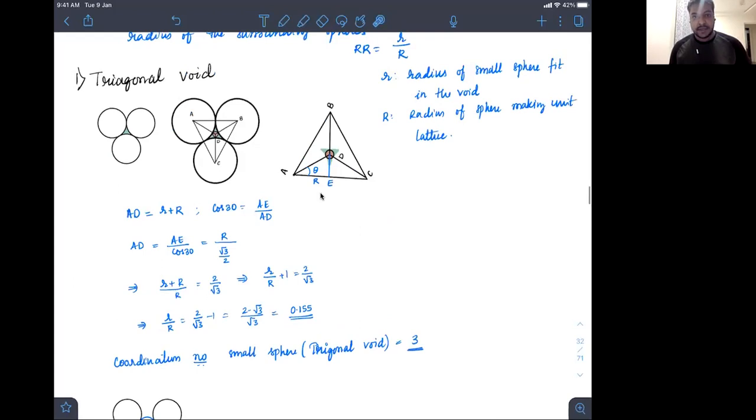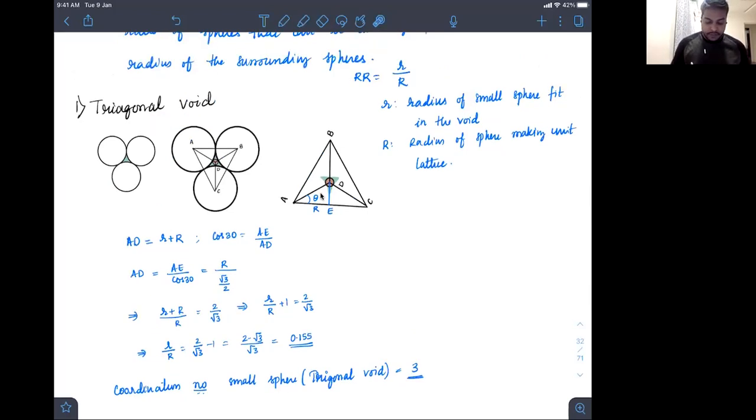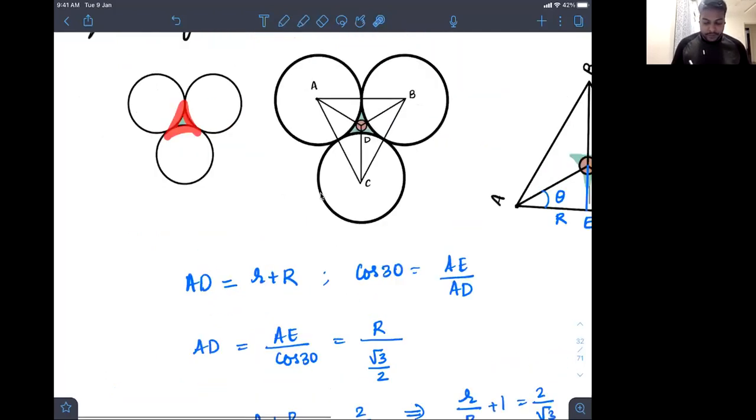How many different types of voids we will come across? Let's see. The first type we will see is a trigonal void. Trigonal void is a void where you have these atoms 1, 2, 3 atoms touching each other. And imagine this is the size which you will get, right? The void is being formed. This is the void which you will form. In that void, if I place a small atom, because this is the void space, and in that void space, I'm adding a small atom.